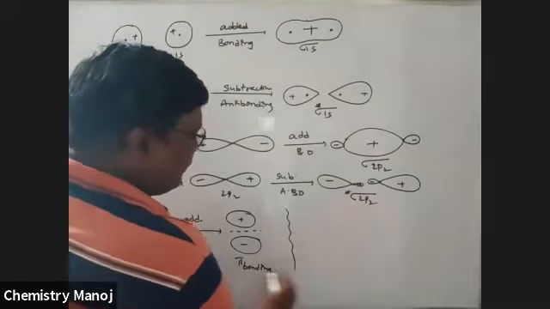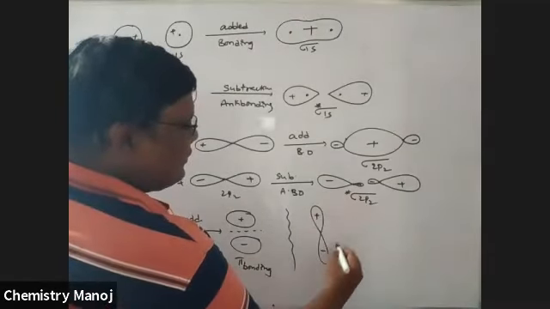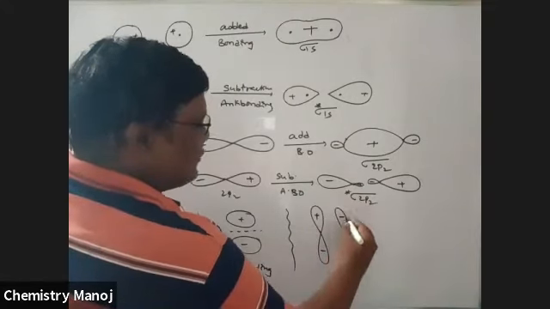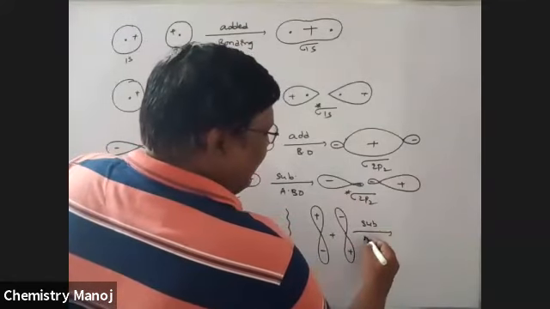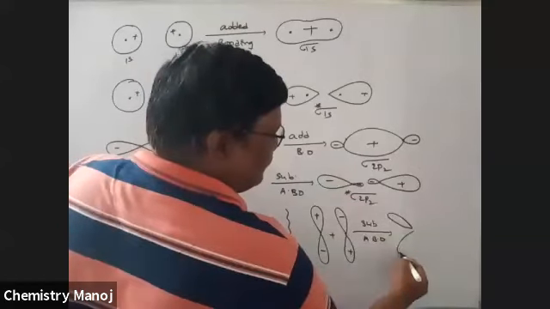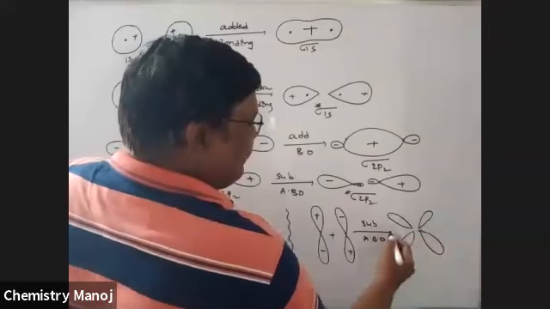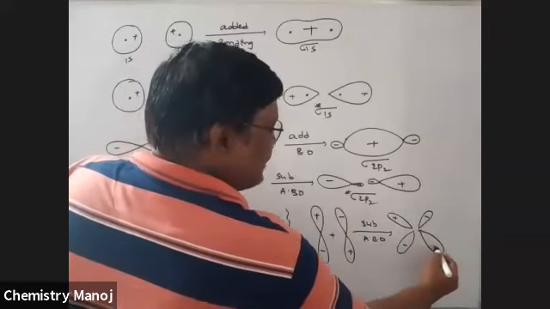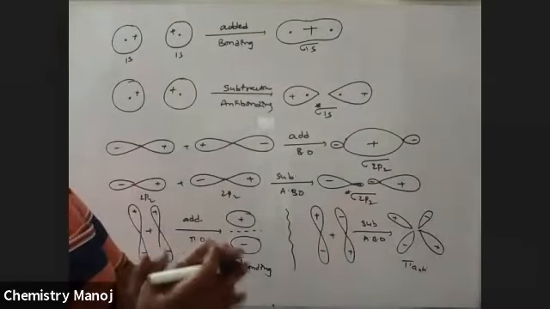Next, the anti-bonding case. This is a p orbital plus minus, this is a p orbital minus plus, and the reverse. These two are going to be subtracted, which gives anti-bonding orbitals. So plus, minus, minus, plus. Those are the anti-bonding orbitals, boys. So it is the pi anti-bonding orbital.